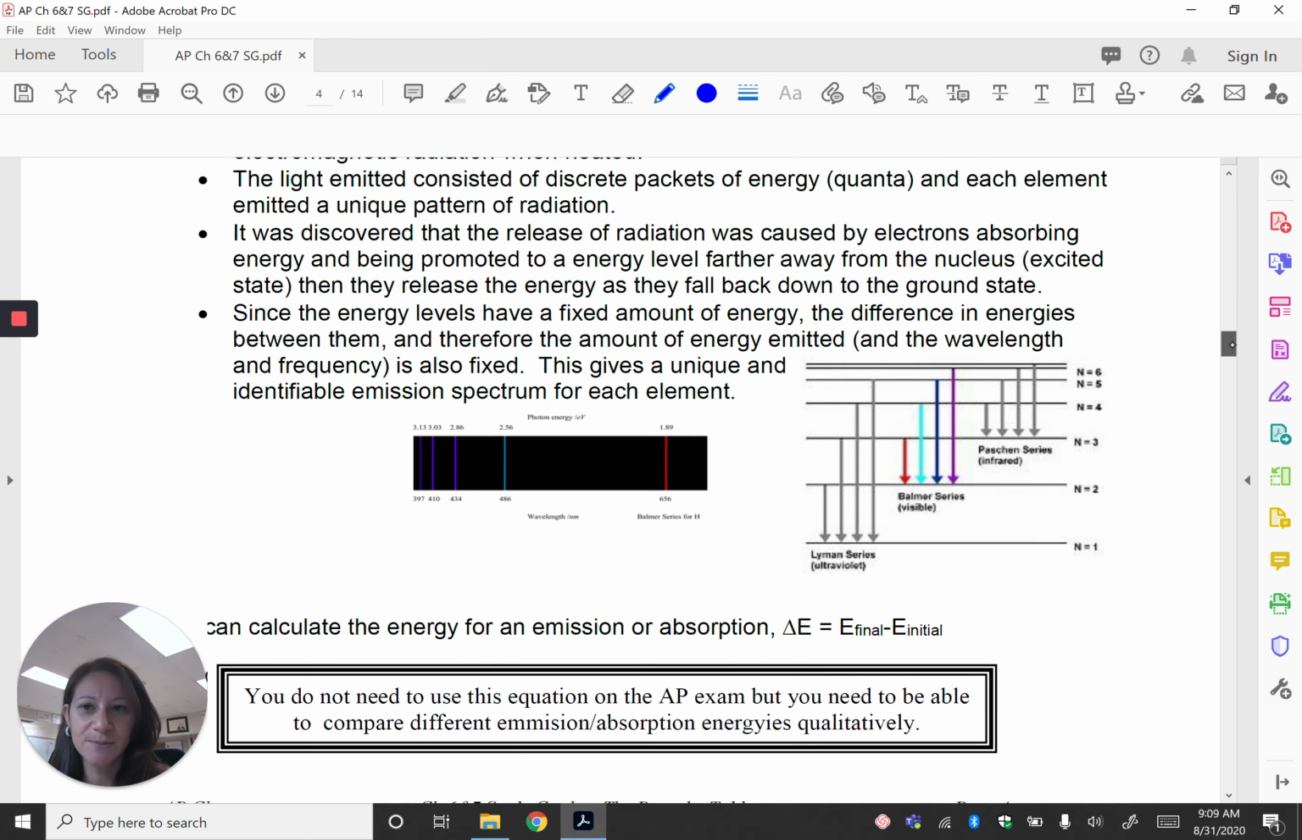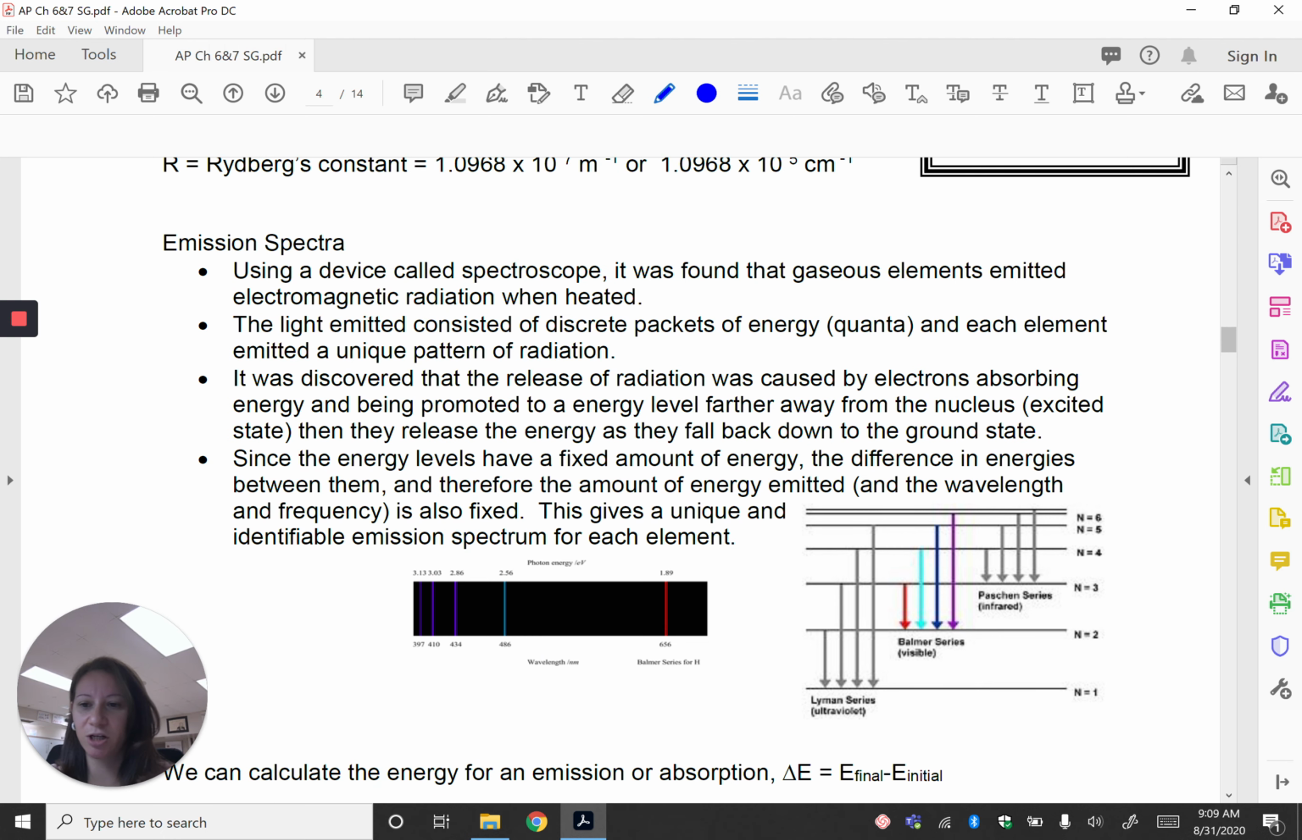Let's talk about emission spectra. So last year we talked about these. The idea that if you give an atom some energy, the electrons will absorb that energy and jump up from the ground state to higher energy levels and become excited. That excited state with the higher energy is not very stable, and so they fall back down, emitting that energy that they had absorbed. And when they emit that energy, they emit it as packets of light, as photons,